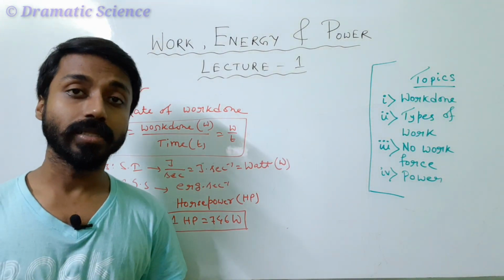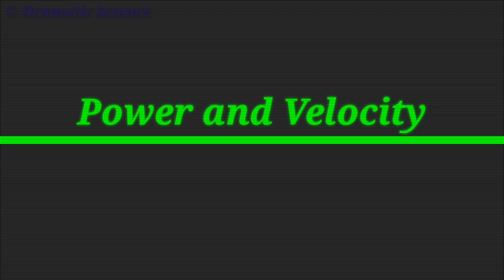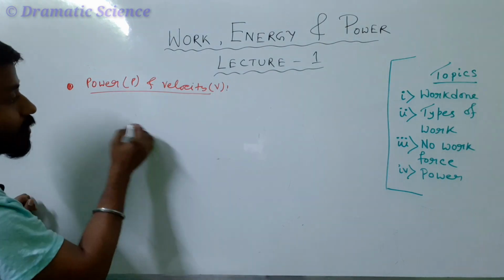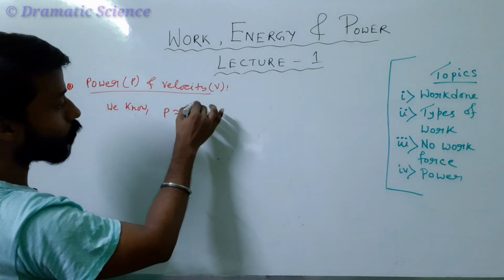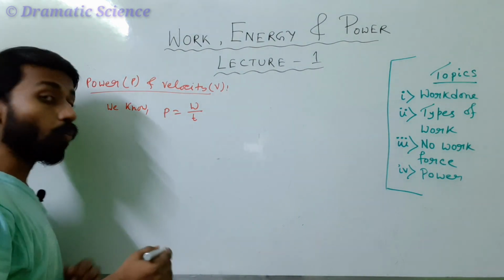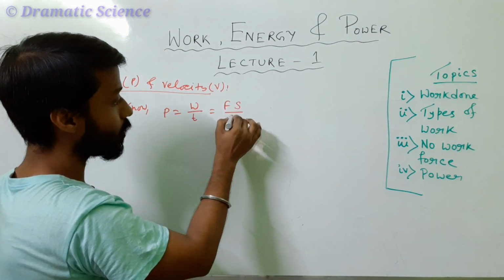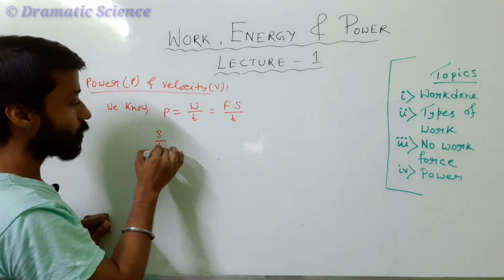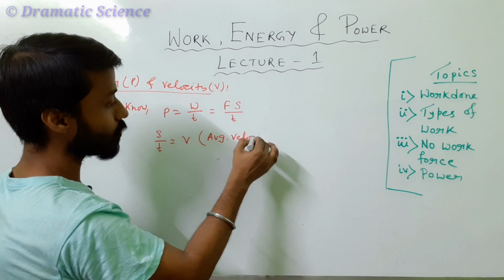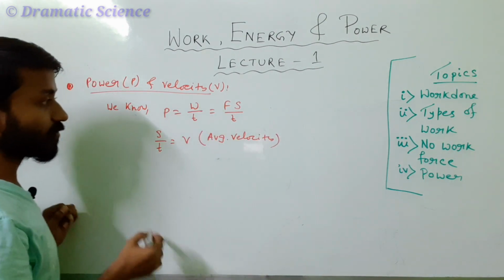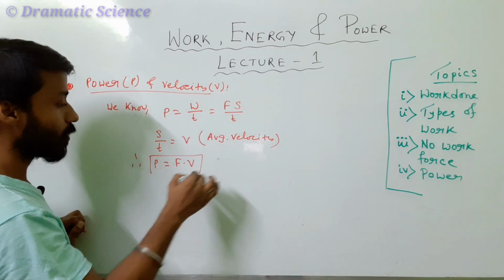Next we will learn the relation between power and velocity. So power is P and velocity is V. We know power P equals work by time, W by T, and work is force into displacement, that is F S by T, and S by T is simply V, that is average velocity. This V is average velocity. So P equals F into V,